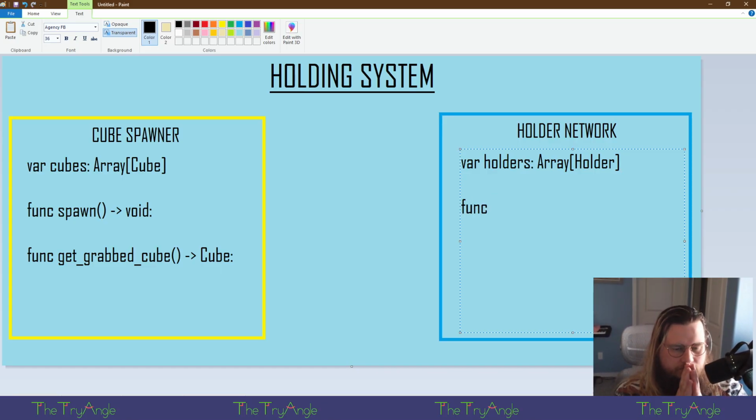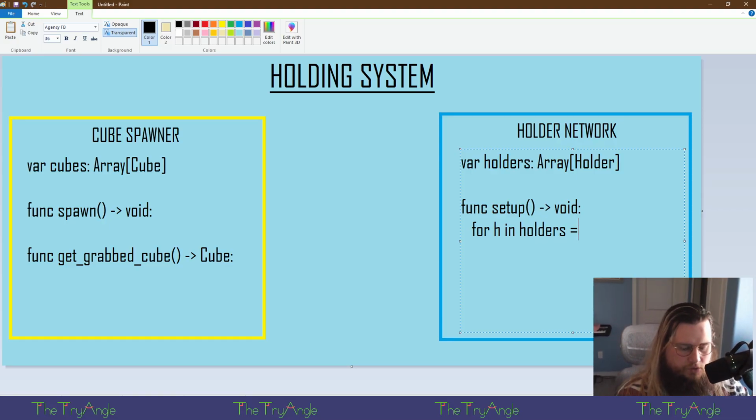And we need to make sure that for H in holders, we'll pull one of these. H dot handle